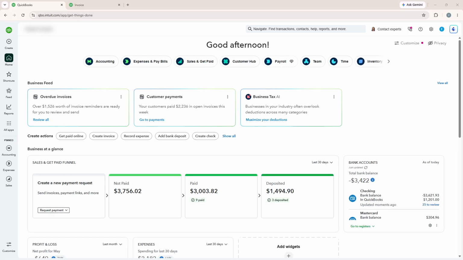In today's video, I'm going to teach you how to send an invoice by email in QuickBooks Online. To get started, sign into your QuickBooks Online account. Once you're logged in, you'll be taken to your dashboard, where you can access the tools you need to manage customers, sales, and invoices. Make sure you're using the correct company file before moving forward, especially if you manage more